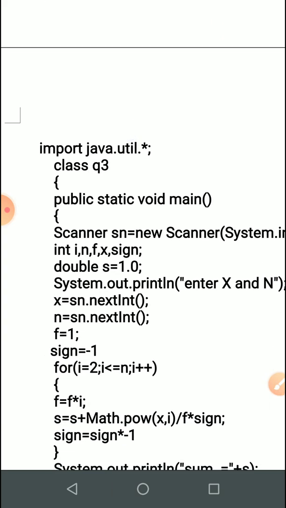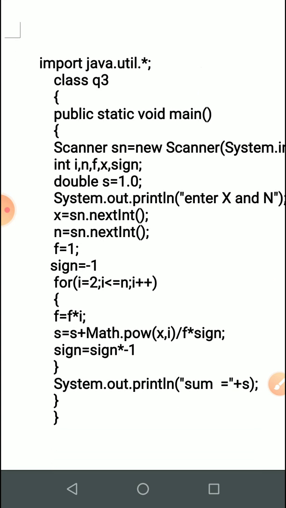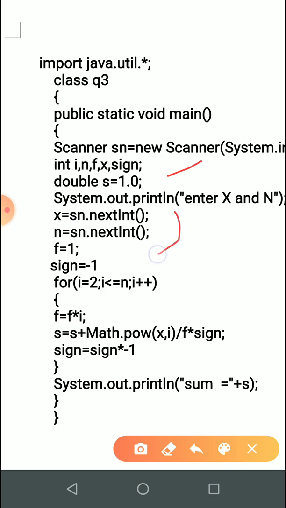The first term is 1, so we'll take the sum as 1. Initially sum as 1. x and n we have taken. So x to the power 2 upon 2 factorial is the second term, which is negative. That is why we have taken sign as minus 1. Factorial is taken the same way, power is taken in the same way, everything is done the same way. Only one thing is introduced here, which is sign. So sign is initially, when I is 2, sign is minus 1. So at the time of calculating the sum, it will multiply this term with minus 1,